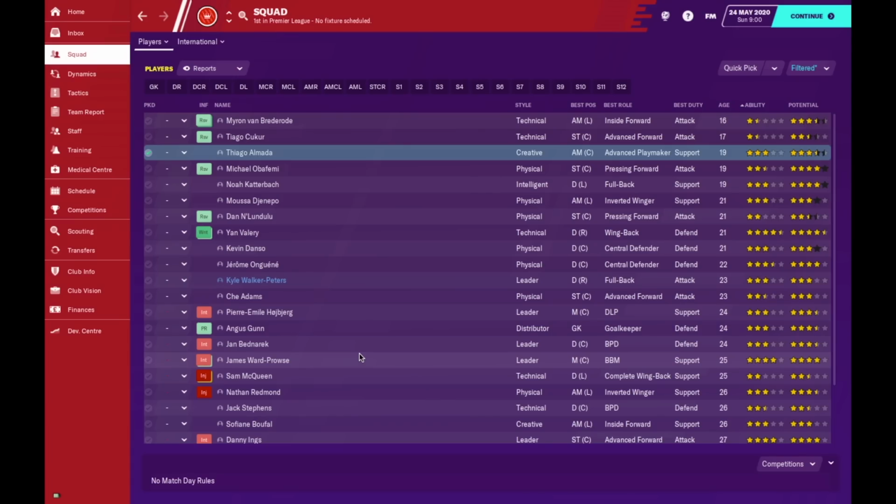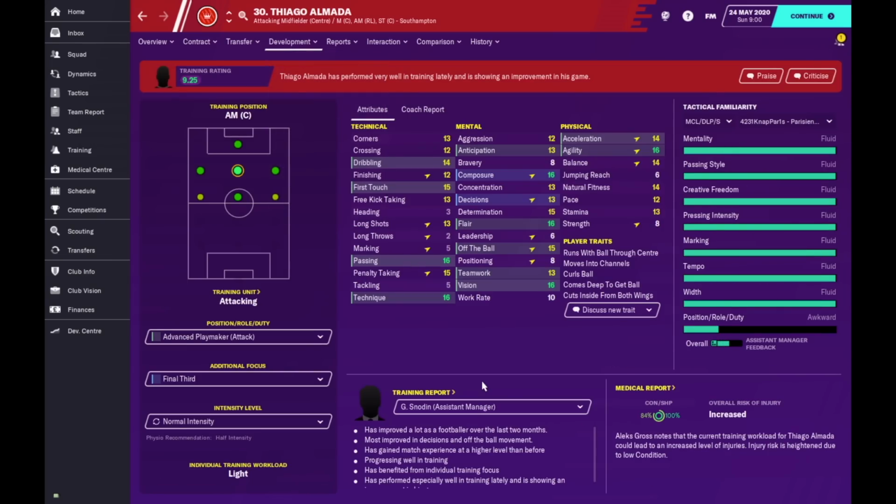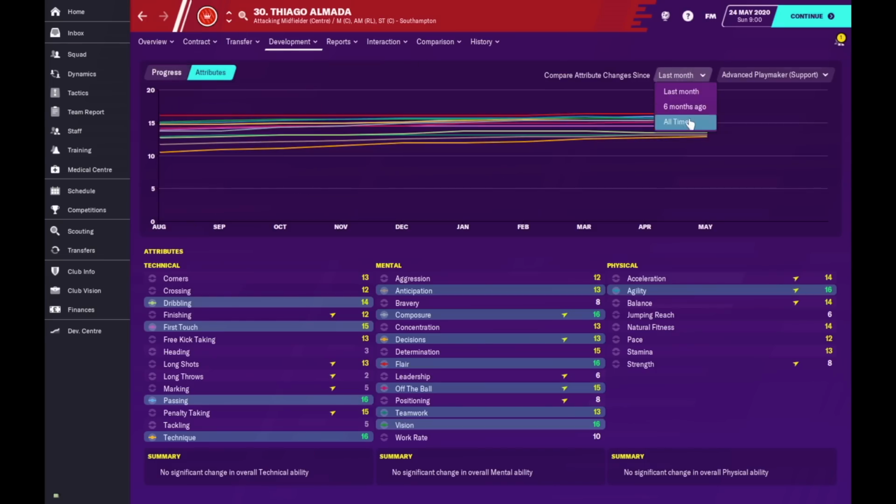Now we are in my Southampton save. We have Thiago Almada. I gave him the advanced playmaker attack because he was a creative player at the start. I also gave him the final third training. If we look at his progress after the first season, just after 1 season,